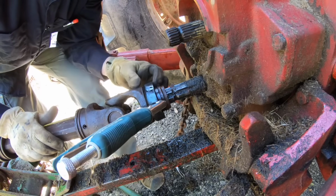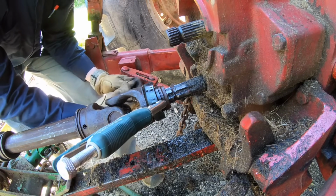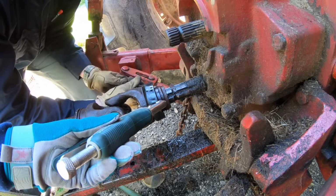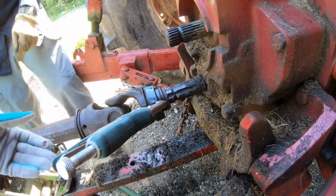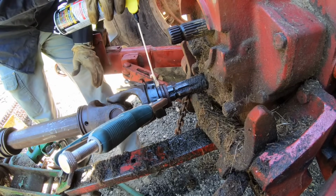Okay, so that moved back. Is it still back? Yeah, it's still back. Let me put the other one on there. Okay. Now what I'm going to do, see if we can push it forward. Well, I'm going to PB Blaster these balls. Okay. But seeing as we can see the balls,